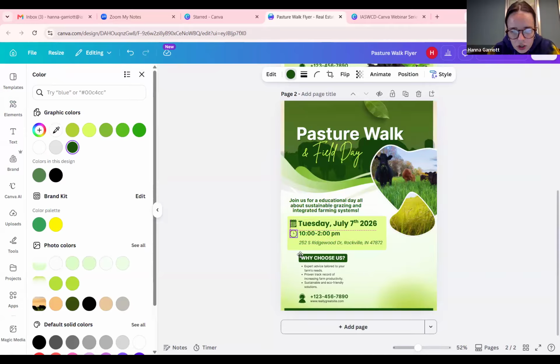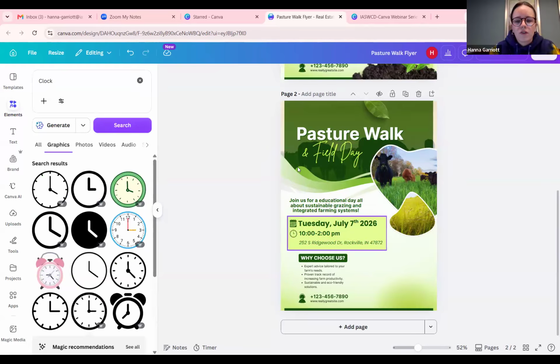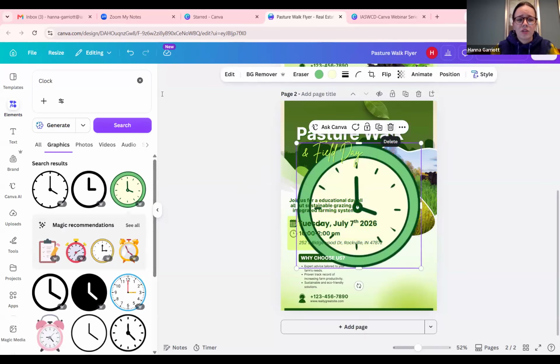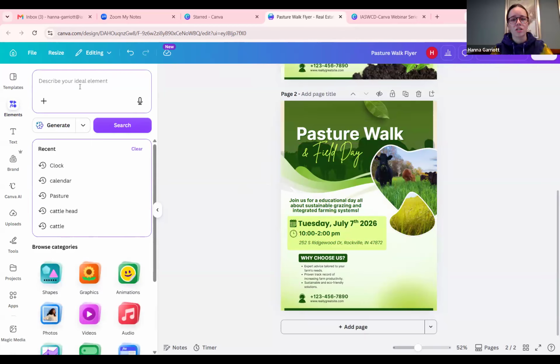A pro tip, it's kind of hard to show you via Zoom, but when you're shrinking stuff down, you'll see it often wants to catch on some of the alignment lines. If you don't want that, when you're holding and shrinking, if you hold control down, it will allow you to move without adjusting to all those alignment lines, if that makes sense. If it doesn't make sense, please reach out to me. I would be more than willing to send you a video on what I'm talking about. And then for the last one,